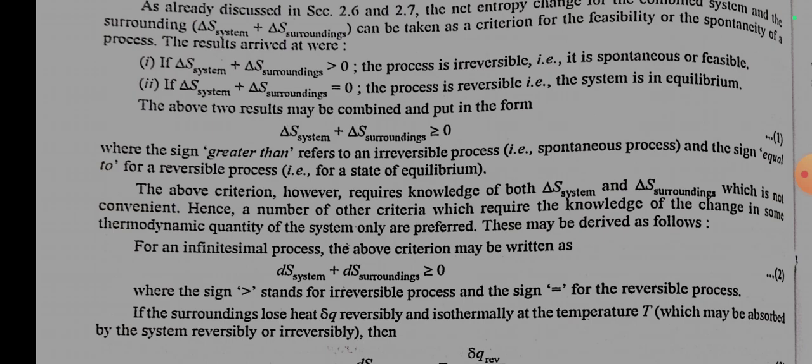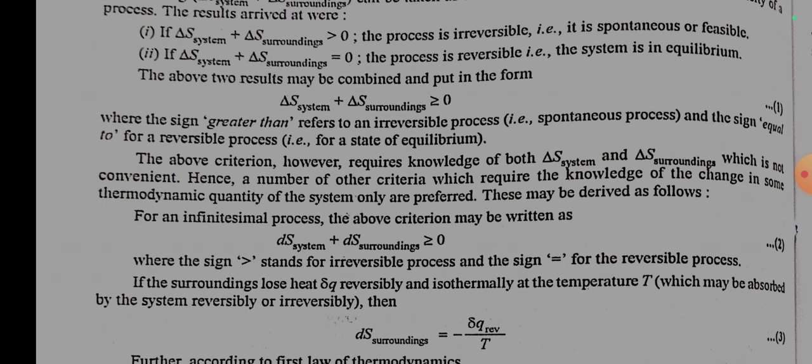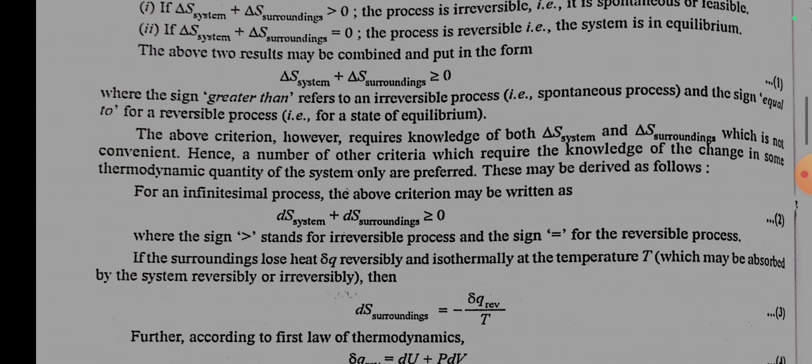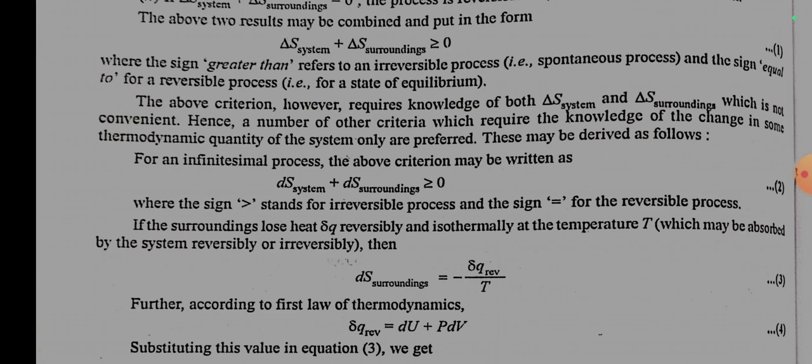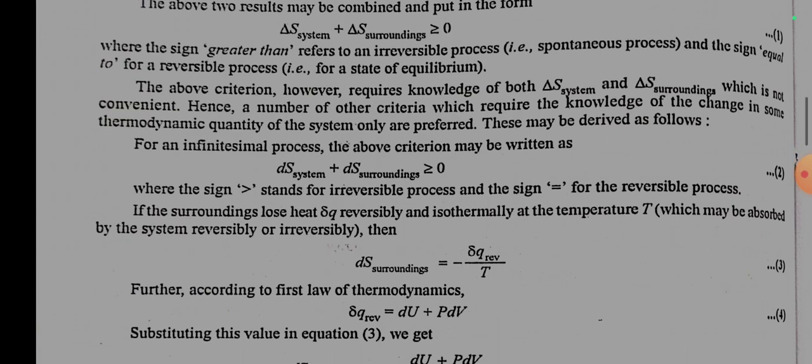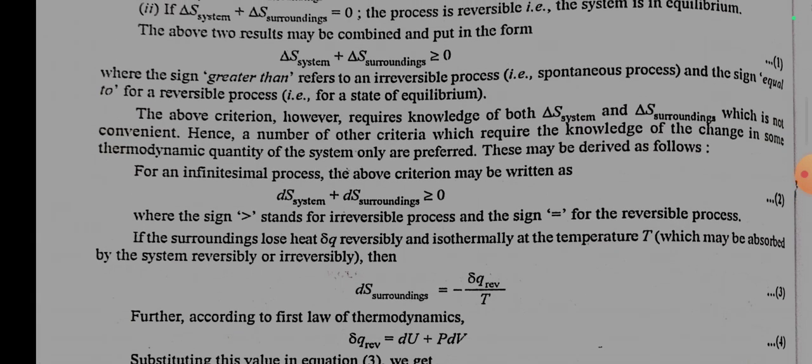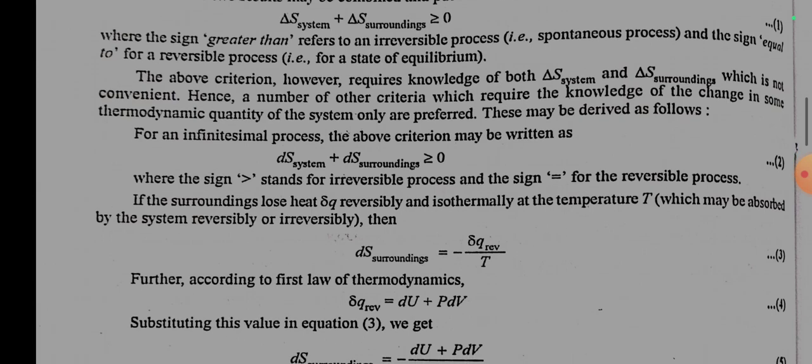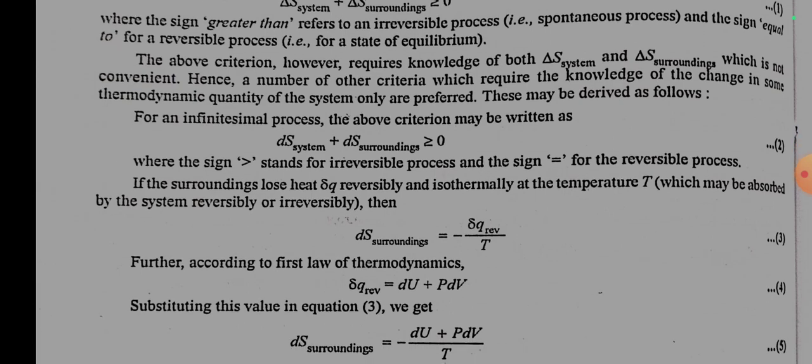Number 2, if ΔS of system plus ΔS of surrounding is equal to 0, the process is reversible, that is, the system is in equilibrium. The above two results may be combined and put in the form: ΔS of system plus ΔS of surrounding is equal to or greater than 0, where the sign greater than refers to an irreversible process and the sign equal to for a reversible process. The above criterion, however, requires knowledge of both ΔS of system and ΔS of surrounding, which is not